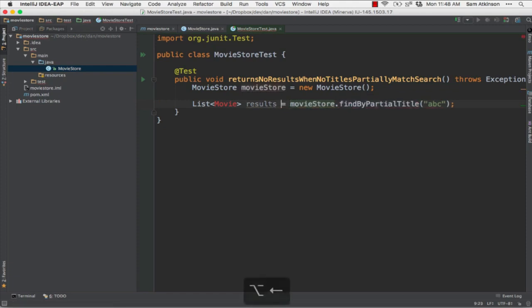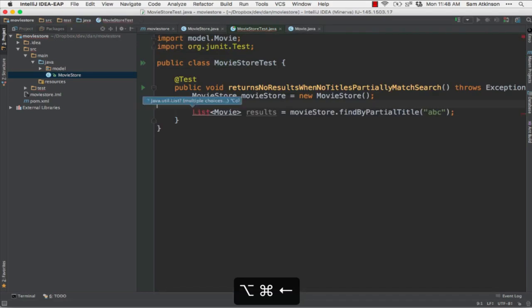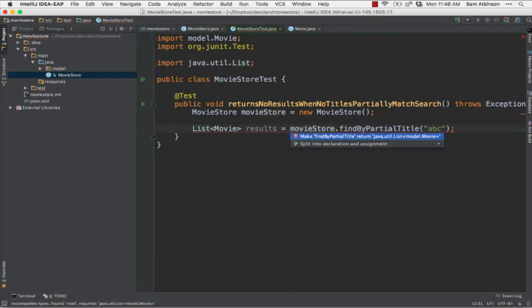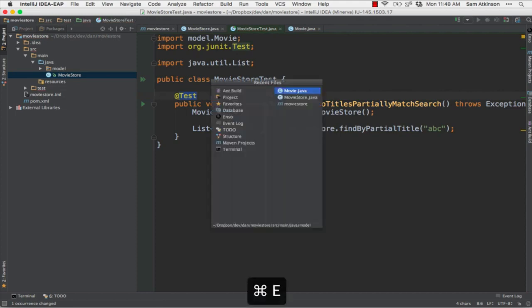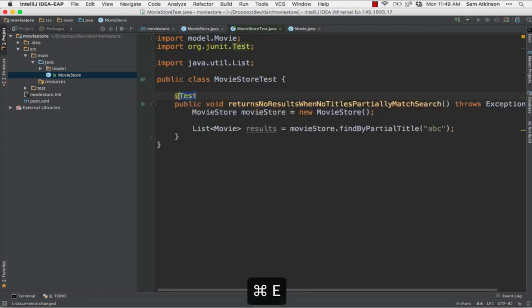So we know we need a movie class of some sort. So again, Alt Enter, create class movie. We'll put it in a model package. That's cool. IntelliJ needs to import results, and then it's complaining because at the moment this doesn't return anything. So we can say, okay, let's return a list of movie. So if we go to the movie store now, you'll see that that is returning movie. Easy enough. And then we want to assert that